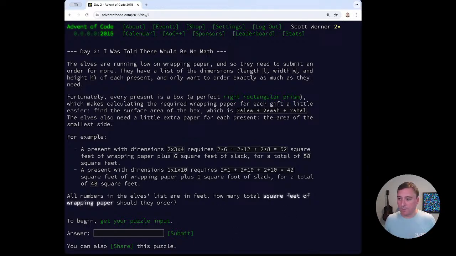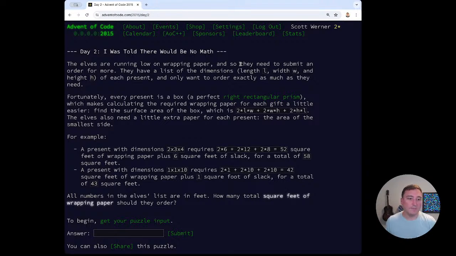Okay, so for day two, we've got... I was told there would be no math. The elves are running low on wrapping paper, so they need to submit an order for more. They have a list of the dimensions, length, width, and height for each present, and only want to order exactly as much as they need. Fortunately, every present is a box, a perfect right rectangular prism, which makes calculating the required wrapping paper for each gift a little easier. Find the surface area of the box, which is 2 times length times width plus 2